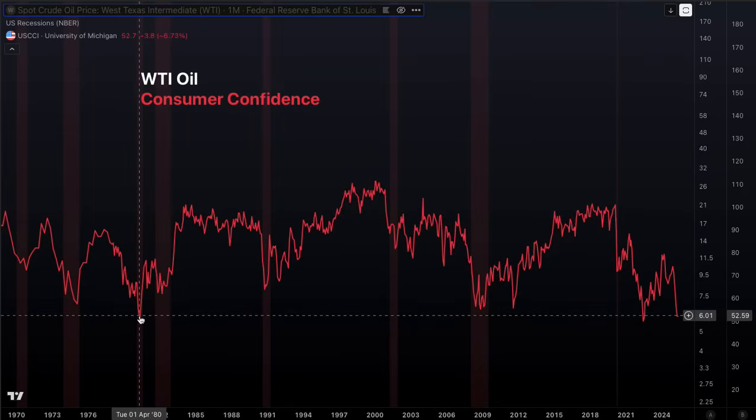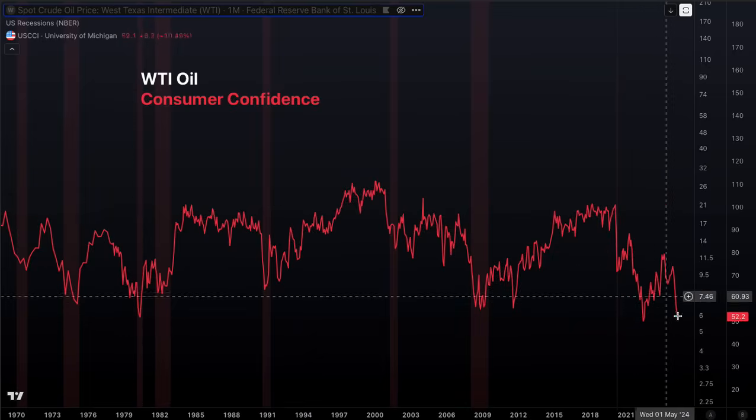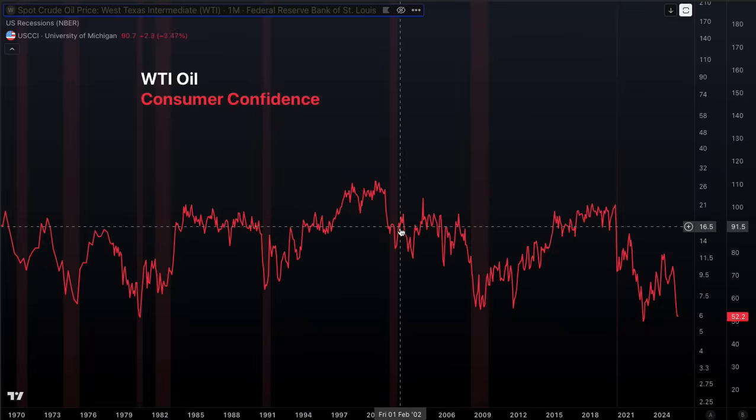And then it was here again in 1980. And there were all sorts of issues going on then. But generally speaking, we have seen very low consumer confidence readings. The final point to point out with consumer is that while it's a huge portion of the overall economic output, we have such a K-shaped economy, such a bifurcation in the modern economy over the past 5 years, that 50%, half of all of consumer spending is done by just the top 10% of income earners.